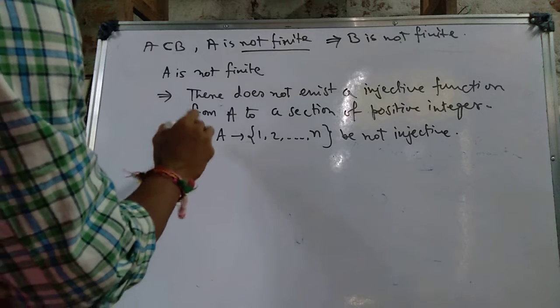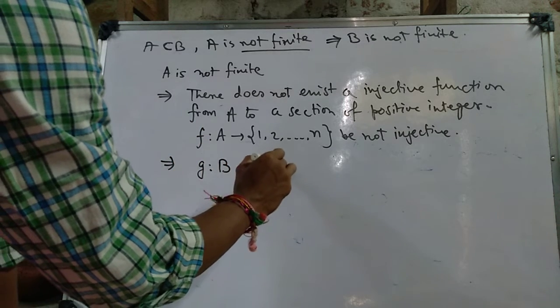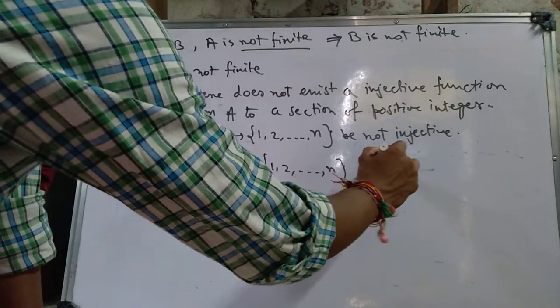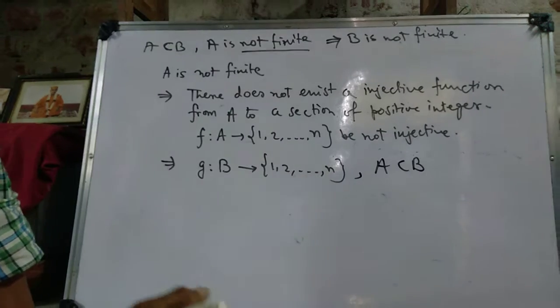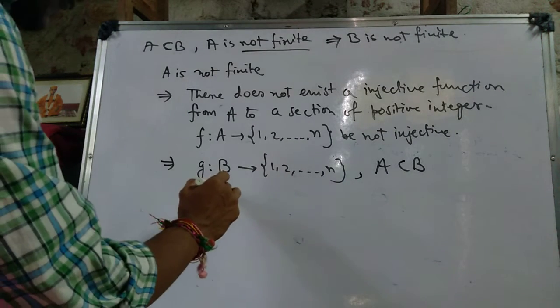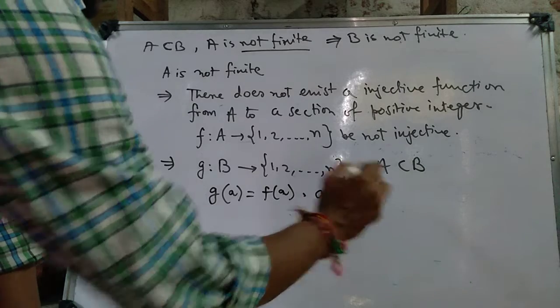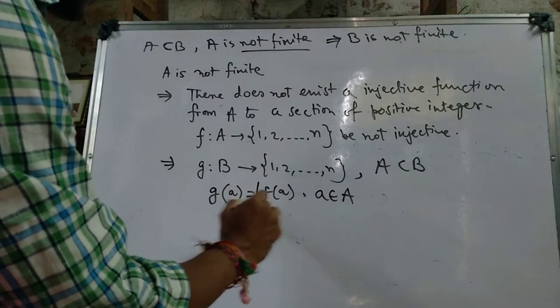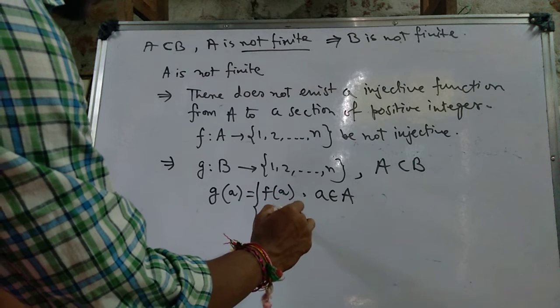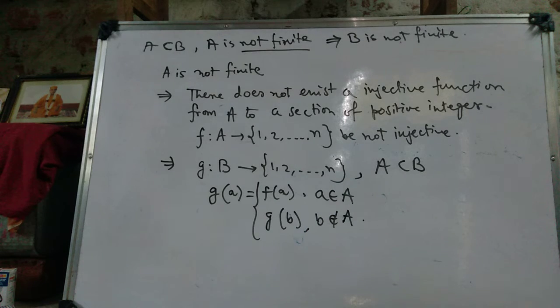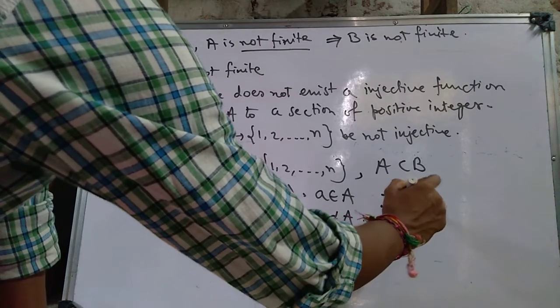This implies that if we construct g from B to 1 to n, where A is a subset of B, or B is a superset of A, then g of a equals f of a for a belonging to A, and g of b equals g_b for b not belonging to A. Then g is not injective,